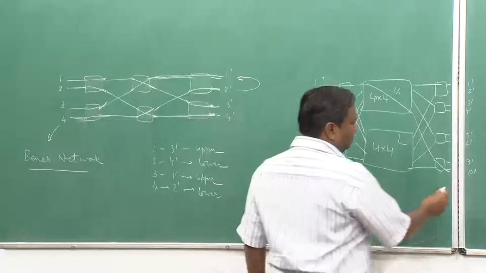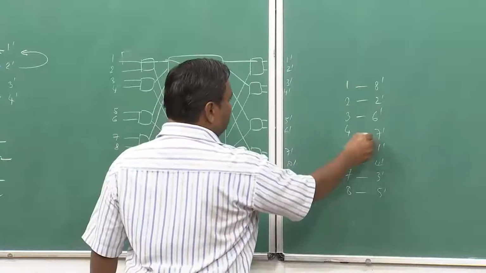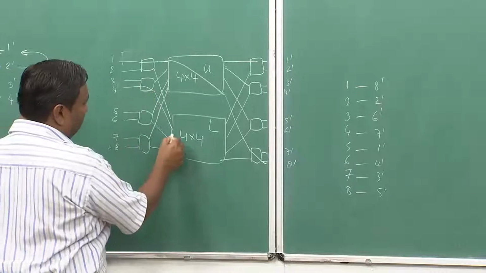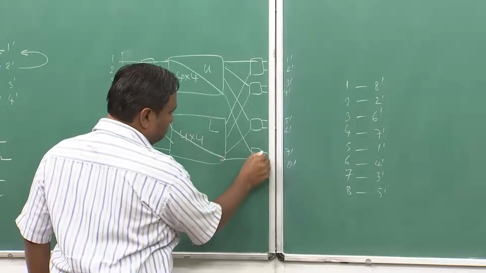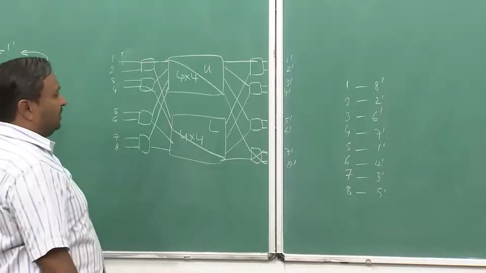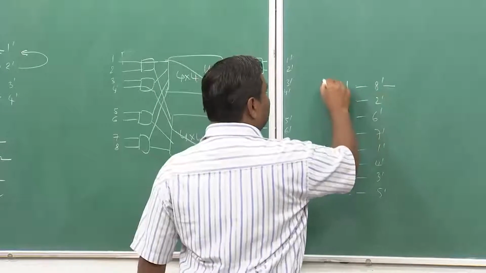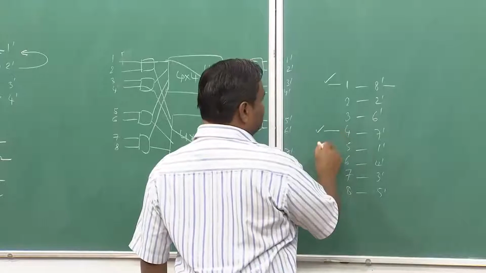Okay. So, once it goes to 8, the corresponding one is 7. Which means 4 to 7 has to happen from the bottom one. So, I will take the bottom one, 4 to 7, and the connection has been done. So, I have done 1 to 8, and for 8 the corresponding one was 7. So, I have finished this.